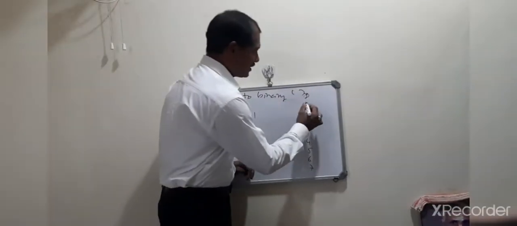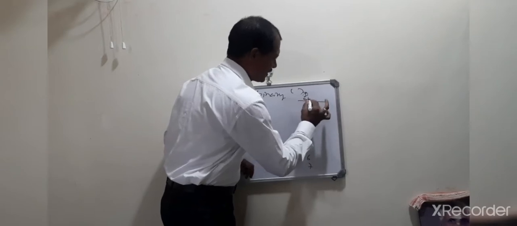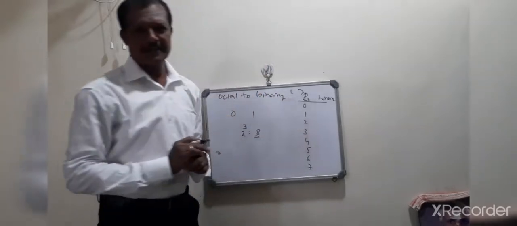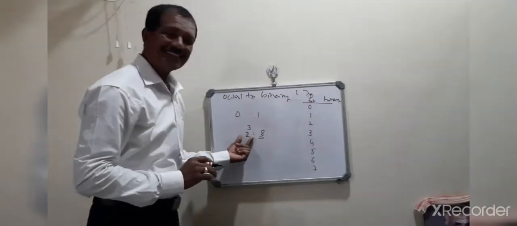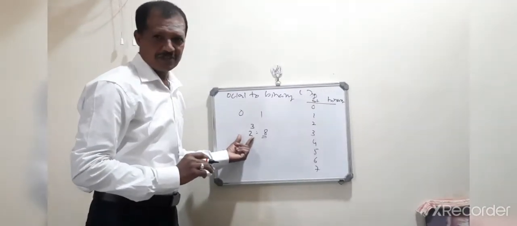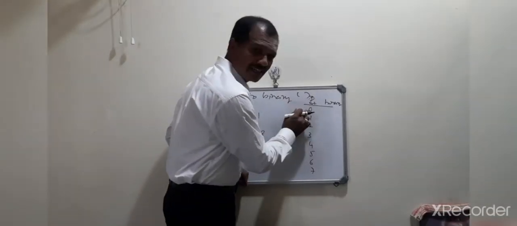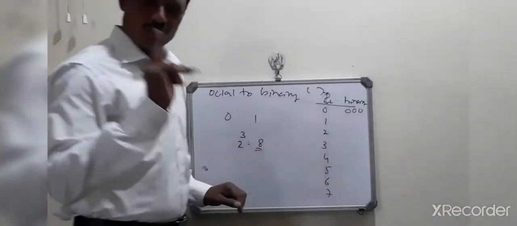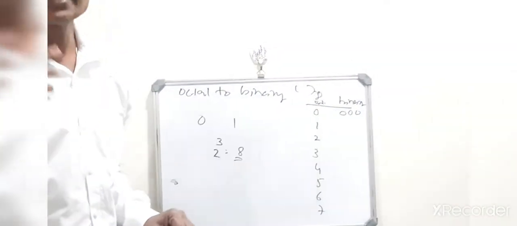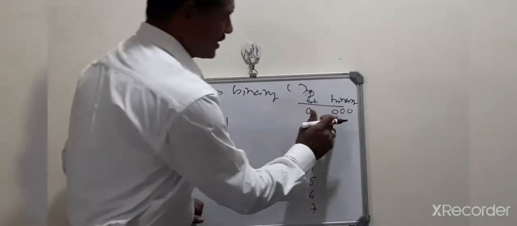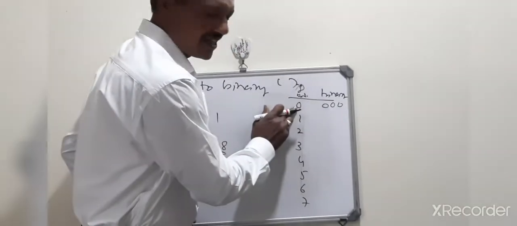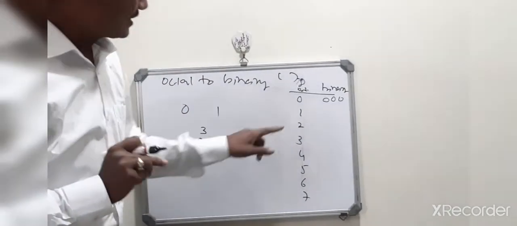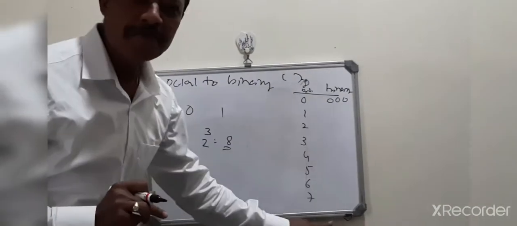So these are the octal numbers. Now we can write the group of binary numbers for the equivalent octal number. Here I have taken a group of 3 bits. The group of 3 bits for the equivalent octal number 0 is 0 0 0. 1 0 or 2 0 or 3 0 or 10 0, that is 0 itself. So here 0 0 0 is for this 0. Now you can increment 1 by 1. This is octal increment, this is binary increment.